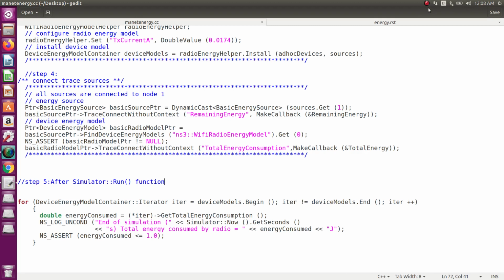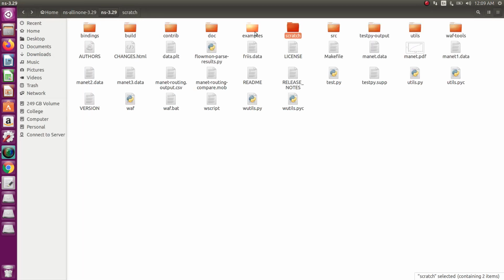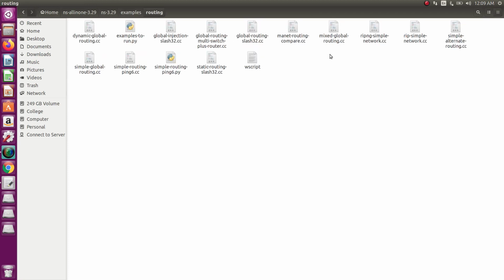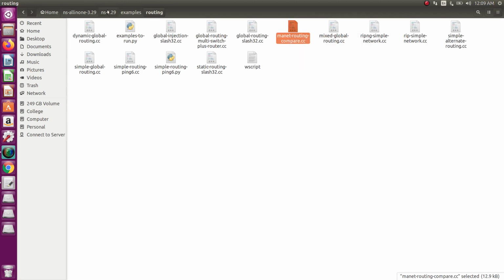For measuring energy, you have to take one simple program with MANET routing protocols. First go to NS 3.29, then go to examples, then routing. Take the example, the MANET routing compare program, then copy and paste it into your scratch folder.